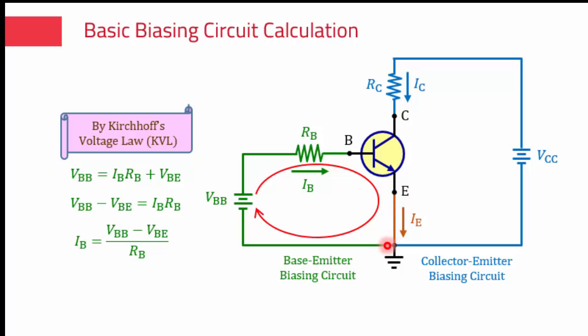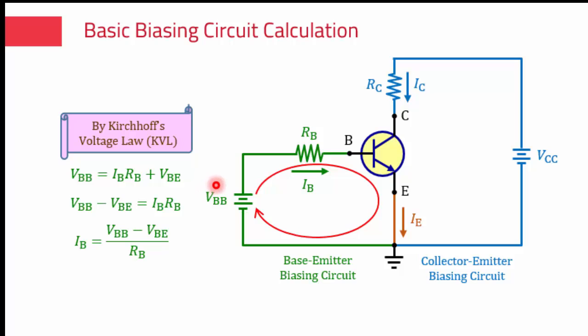Let's continue. From the emitter going back to the positive terminal of VBB, there is a voltage rise of VBB volts. Some of you might ask, why not a voltage drop? The reason is simple. In the symbol of a DC voltage supply, the side with a short line is the negative terminal, and the side with a long line is the positive terminal. Going from the negative terminal to the positive terminal, there must be a voltage rise equal to the EMF of